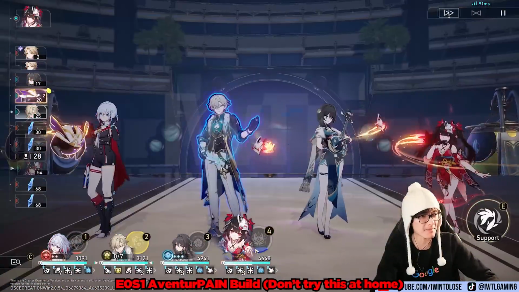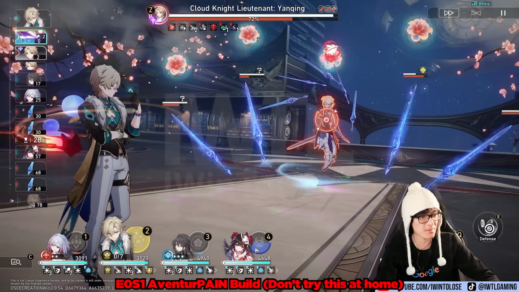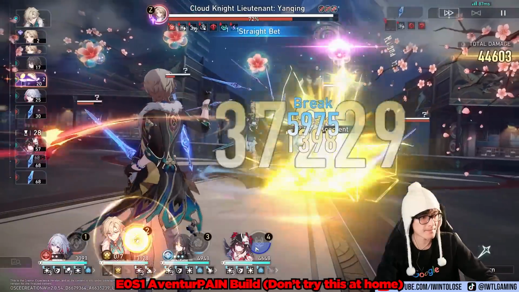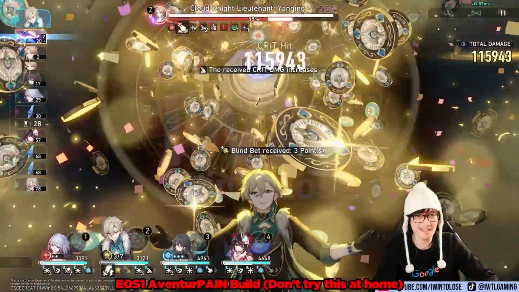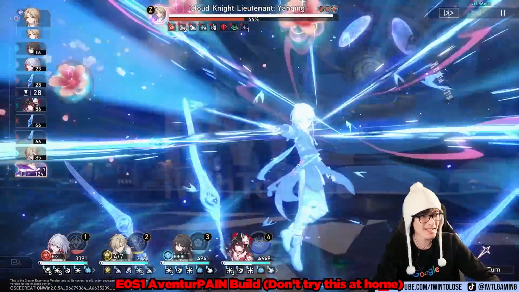And can't complain about a follow-up attack like that. There we go. So now we can get away with his basic attack for sure. And we can actually even kill this sword real quick with his basic attack. And use his ultimate on Yanqing to do some nice damage. Let's see. 115,000 damage. Not bad. 92,000 from...